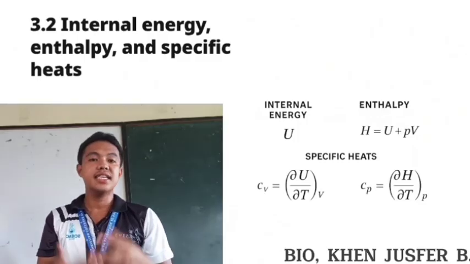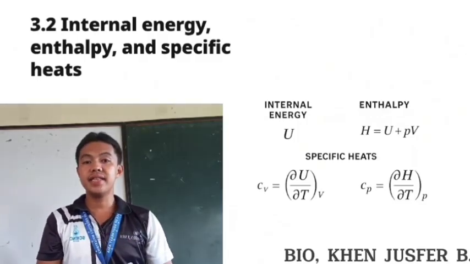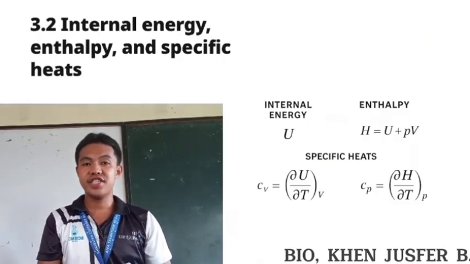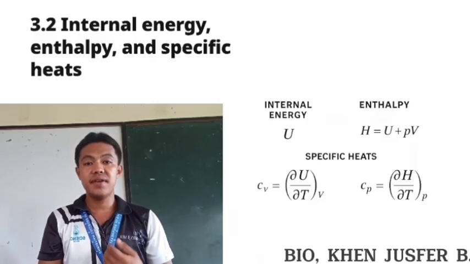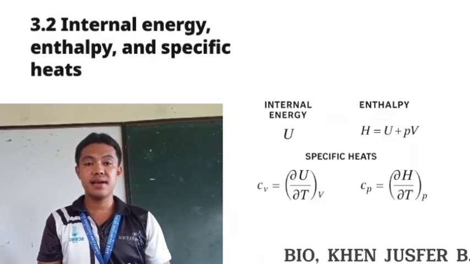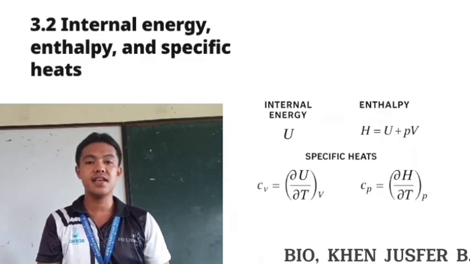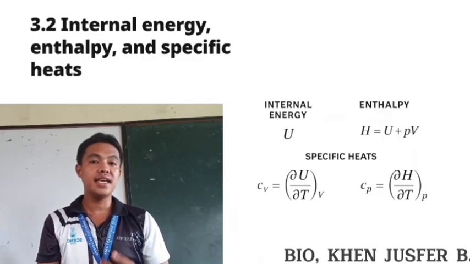In conclusion, internal energy, enthalpy, and specific heats are key properties that describe a system's energy content and how it changes. Internal energy represents the total energy of a system, while enthalpy considers internal energy plus the product of pressure and volume, especially useful in open systems. Specific heats quantify the amount of heat needed to raise the temperature of a substance, crucial for understanding heat transfer